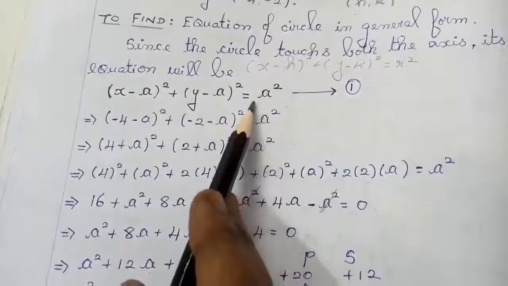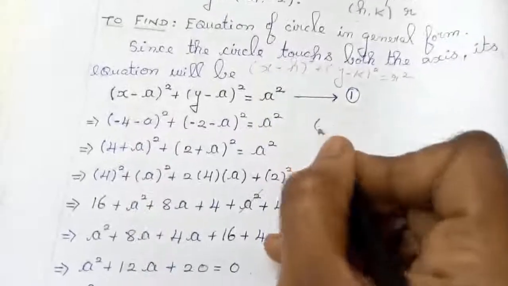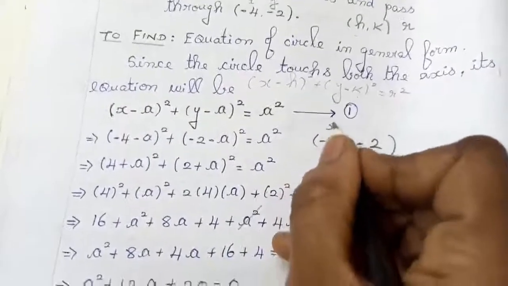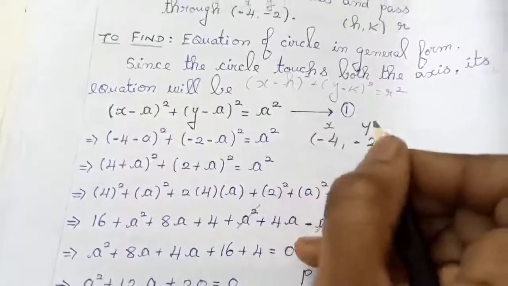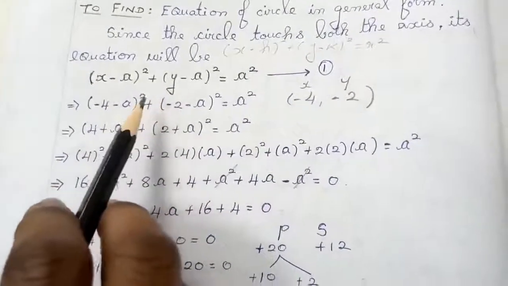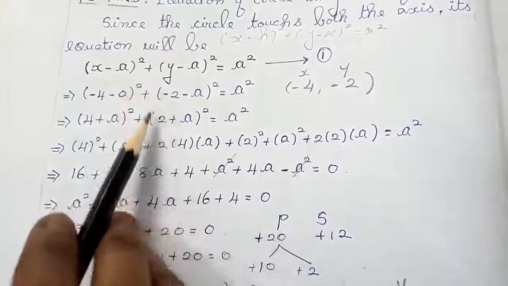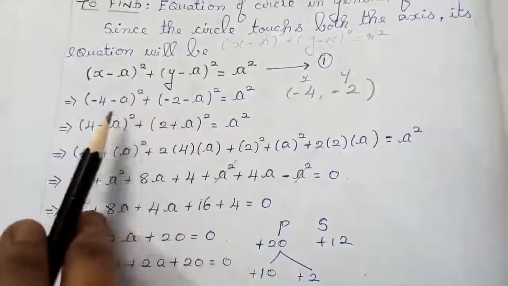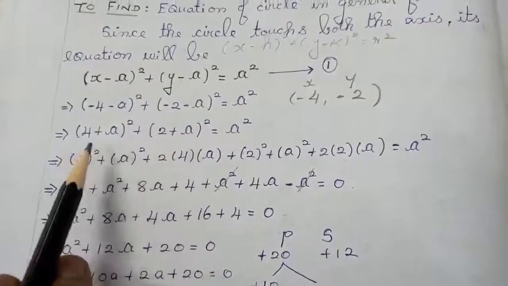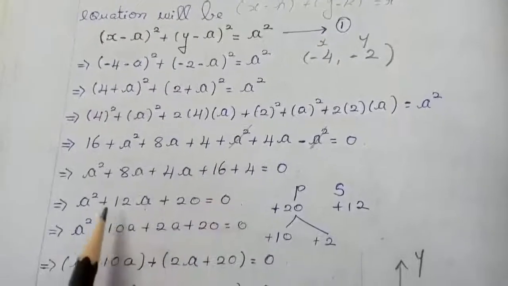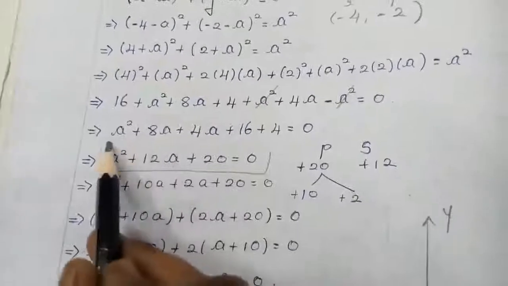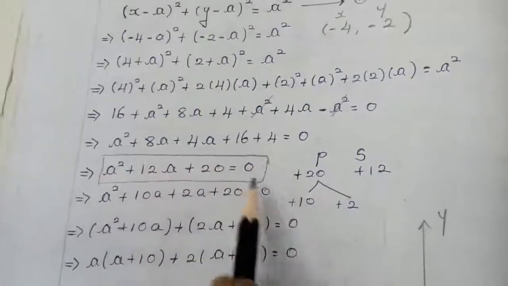What I am going to do here is, I have the point as (-4, -2). So -4 I am going to take as x and this value I am going to take as y. Substitute the values here, students. Please understand the concept properly. Substitute the values here, and you are going to calculate a and simplify with normal algebraic calculation. You are going to expand (a plus b) the whole square, and at a particular place you will get it in the form of a quadratic equation. You are going to try the calculation, students. Solve the quadratic equation for the value.